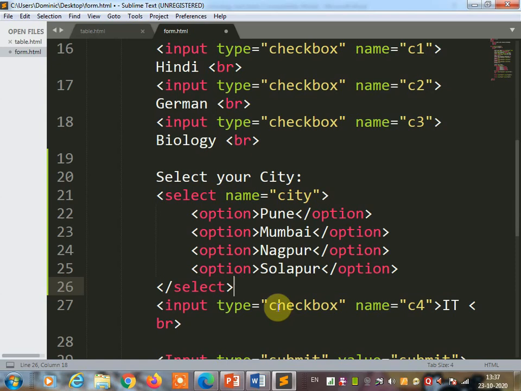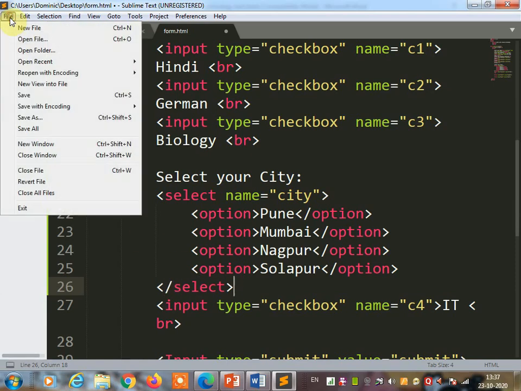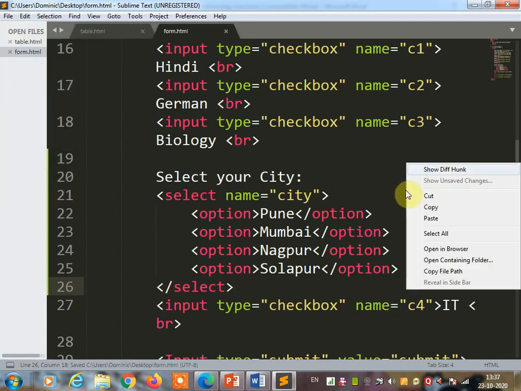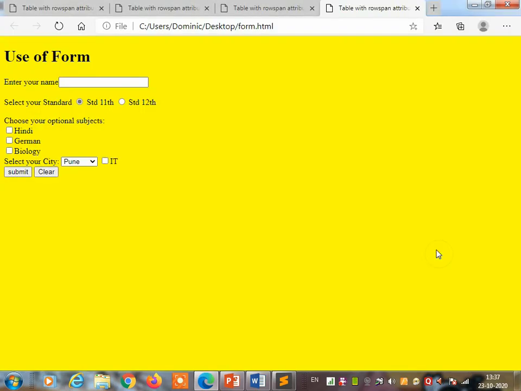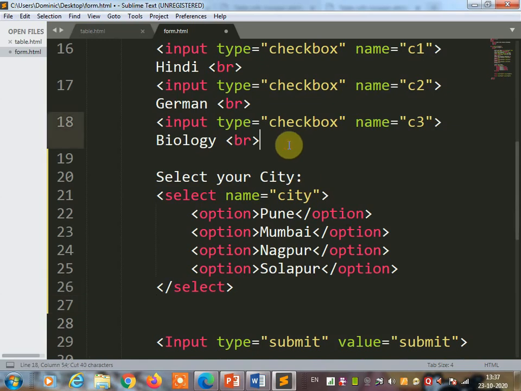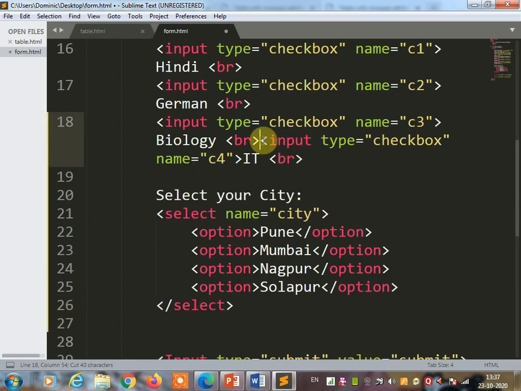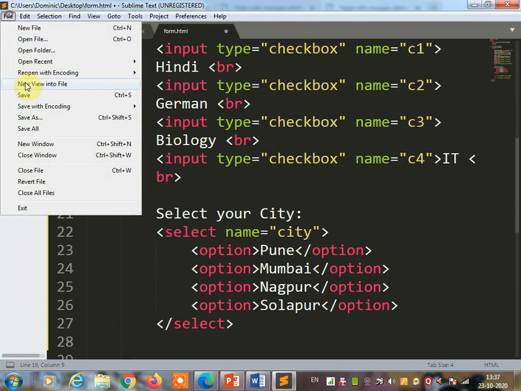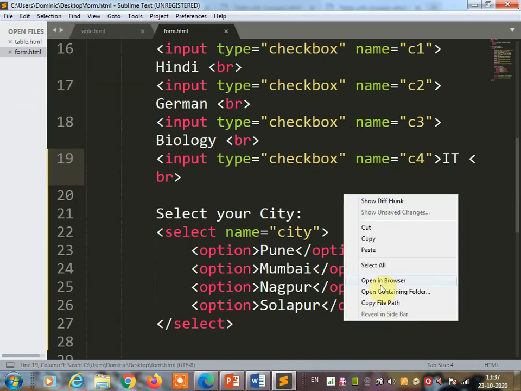Once you close the select tag, save the file, open it in the browser and see the output.